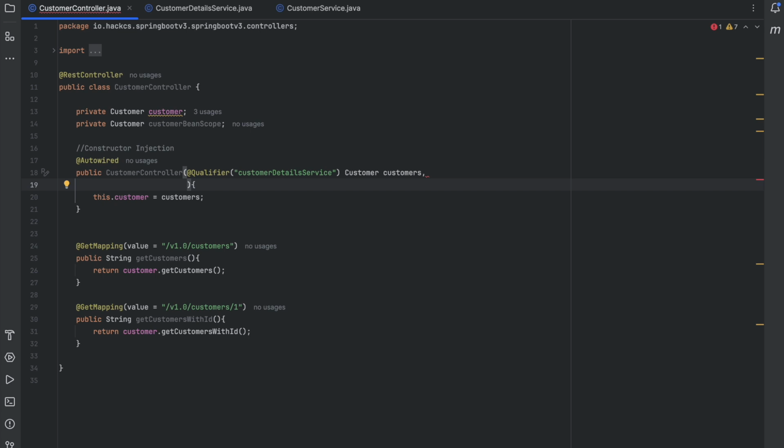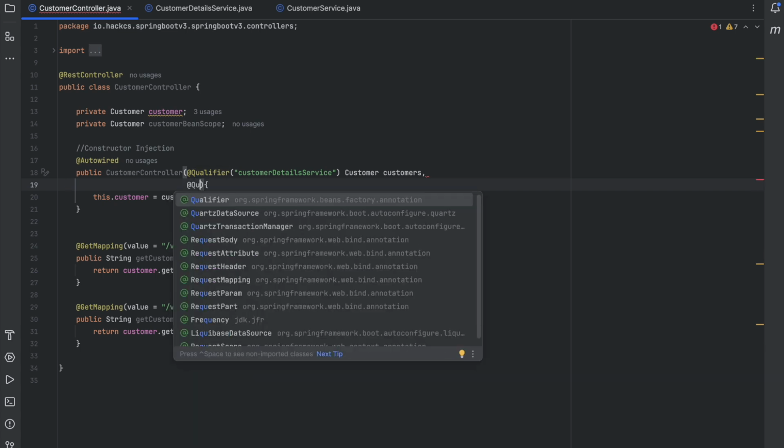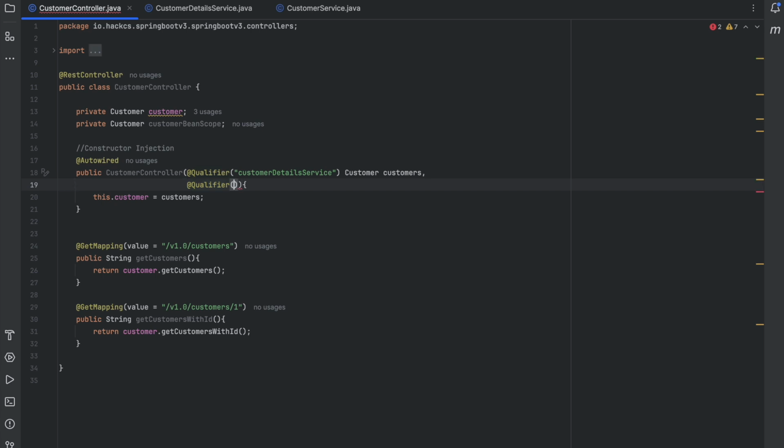We'll create one more qualifier annotation. Qualifier customer, and then we will have customer bean scope. We'll add just an s here. Okay. Now we'll just copy our bean ID,